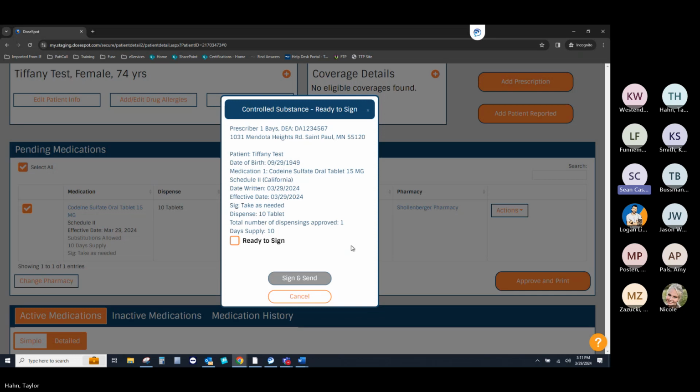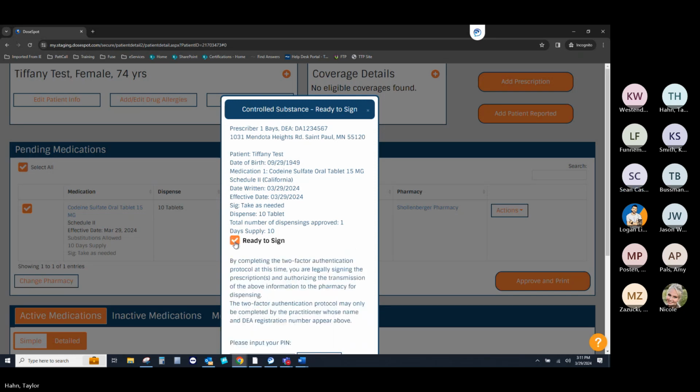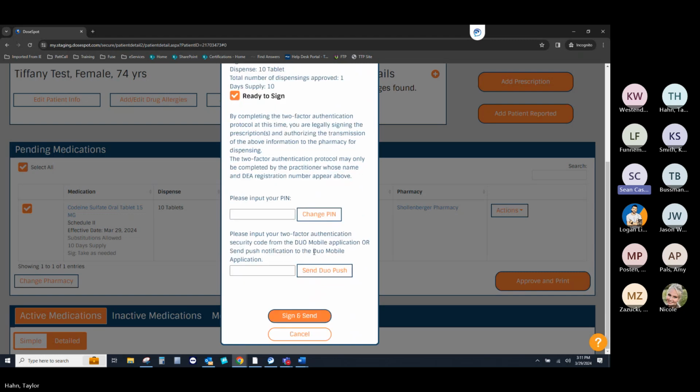So whenever we're dealing with controlled substances, we just have to attest that this is the controlled substance. So we'll click on that ready to sign. And here's where we can put in our 4-digit PIN. And now with this, you can either do a 6-digit code from the app, or we can click on that